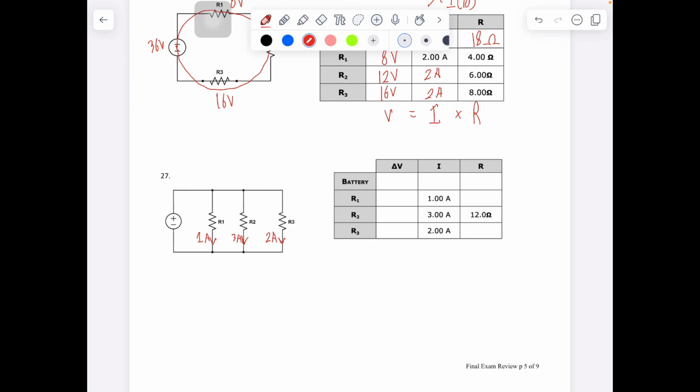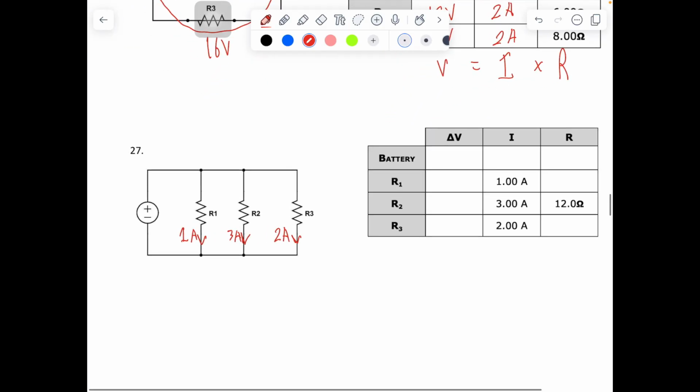Well, current only ever changes at junctions. So over here, this is still 2 amps of current. When our 3 amps and 2 amps meet right here, they will join up, and we get 5 amps right here. When our 5 amps and 1 amp meet at this next junction, they'll combine, and we get 6 amps of current. There's no more junctions until we pass through the battery, so it just continues as 6 amps until it